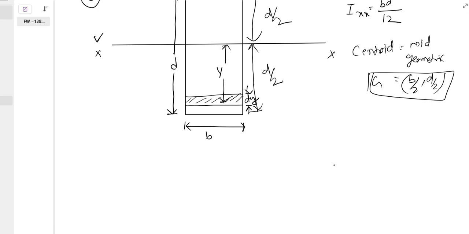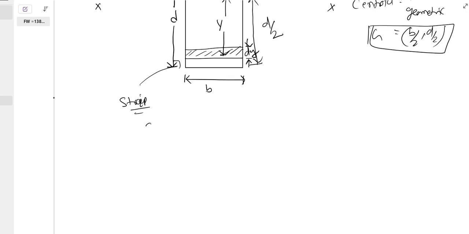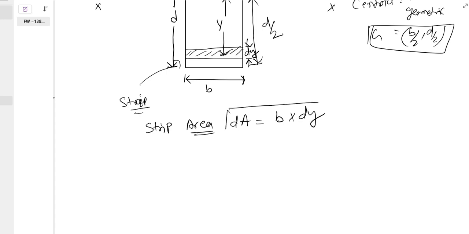Okay, a small strip का area, the area of this small strip will be dA, which is equal to B dy, dA equal to B dy, and we know the moment of inertia